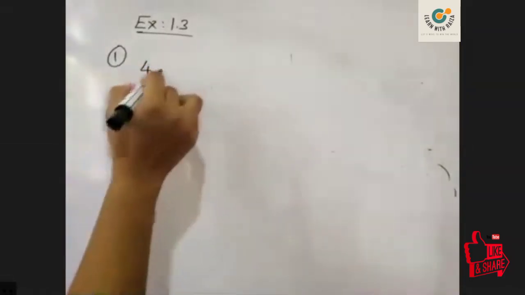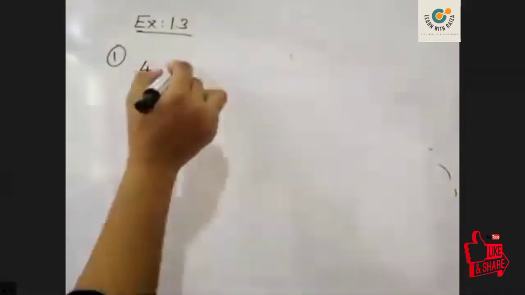How to solve questions related to word problems for number patterns. So we are going to discuss exercise 1.3 here. In the first question, number 1, they have given some matchsticks. You can see a pattern arranged. They're asking to complete the table given. In figure number 1, you can see 4 matchsticks. Figure number 2, you can see 9 matchsticks.